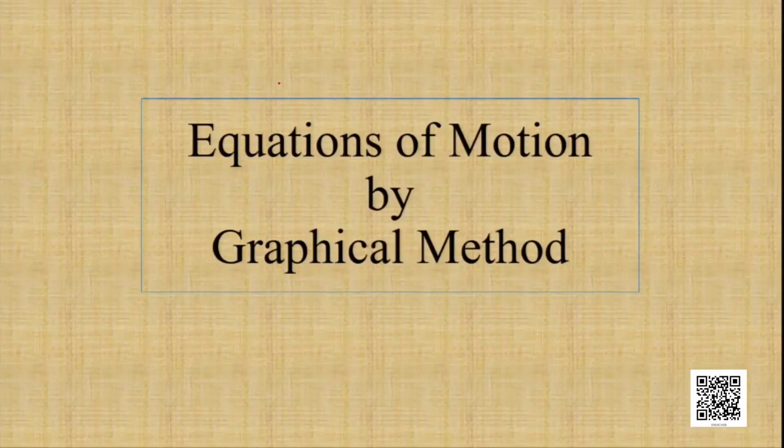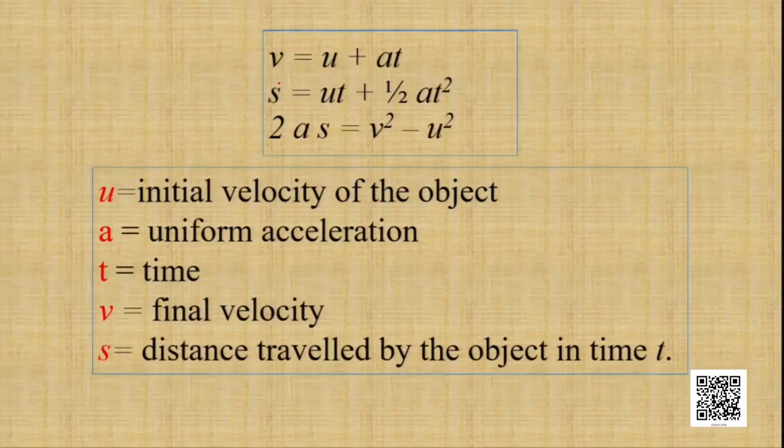So, today we will be deriving those equations of motion by the graphical method, and those three equations are v = u + at, s = ut + 1/2 at², and 2as = v² - u², where u is the initial velocity of the object, a the uniform acceleration, t the time interval, v the final velocity and s the distance travelled by the object